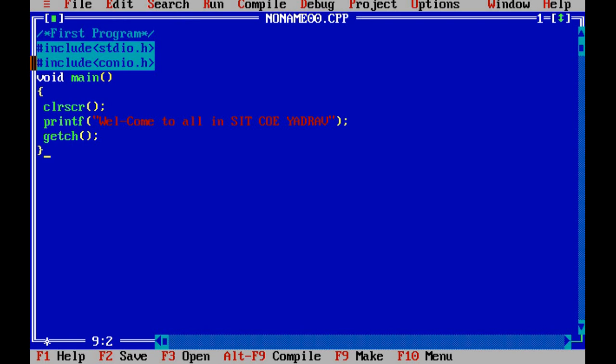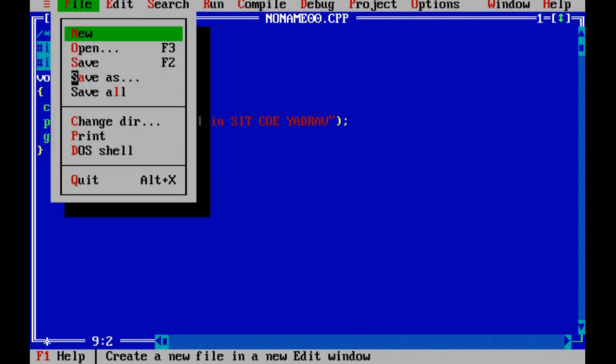So after that, I can go again to the file option. For saving this program, just click on the file option and select the save as option. Once we have saved this program, and if we make changes next time, then next time we do not need to save as again. Just click on the save option or press the F2 key, because we have already saved that program. So after making some modifications, every time we need to just click on the save button for saving the modification.